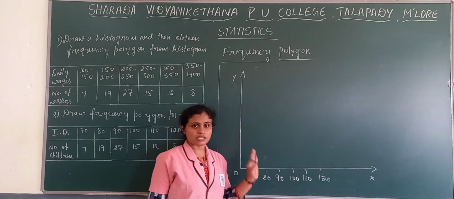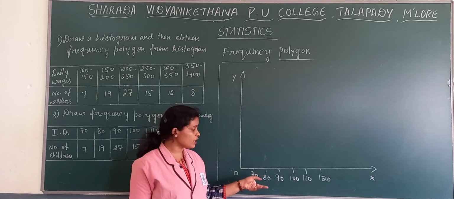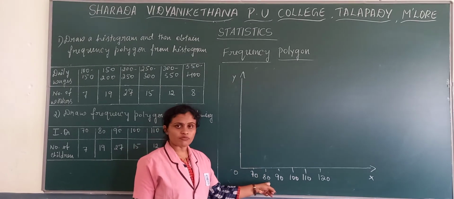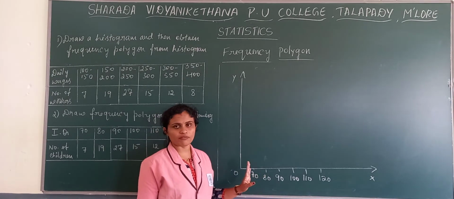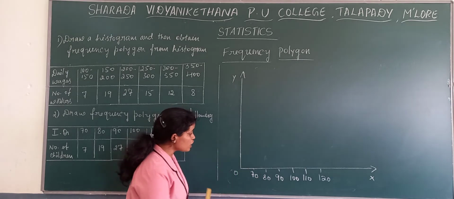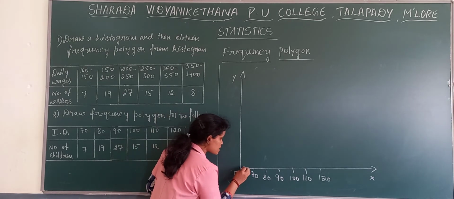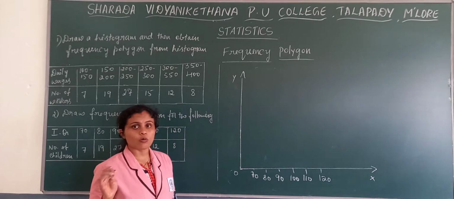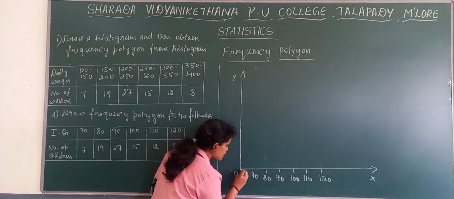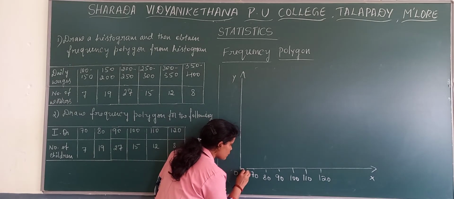But in some cases it cannot be equal. Where we have taken just now what values we have taken, it's not equal. So what we need to draw? We need to represent the false base line. What is that false base line? Just one kinked line we need to represent here.